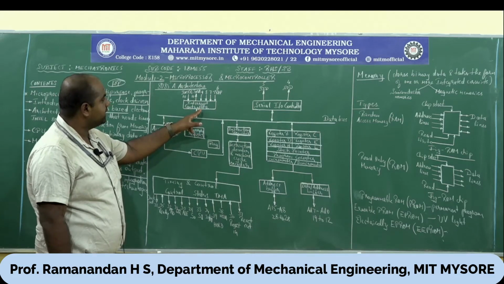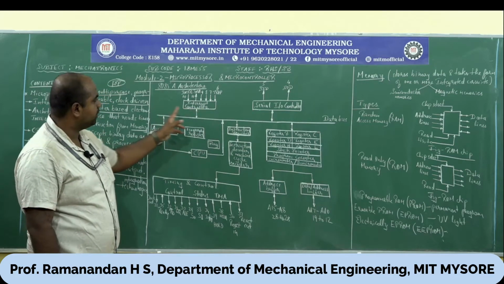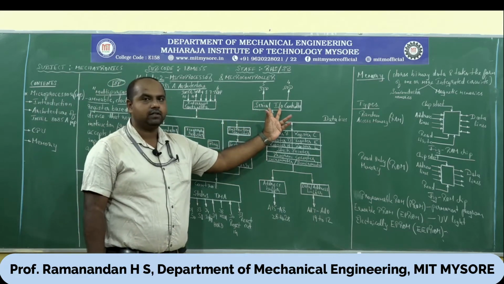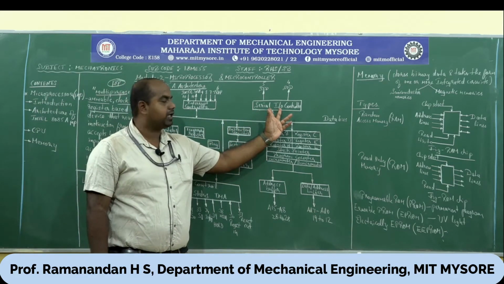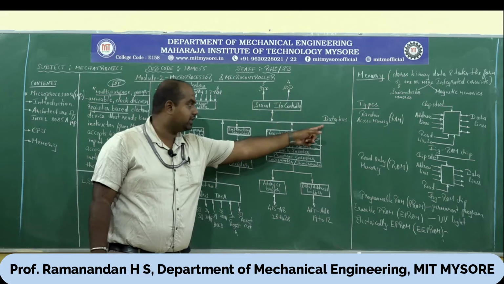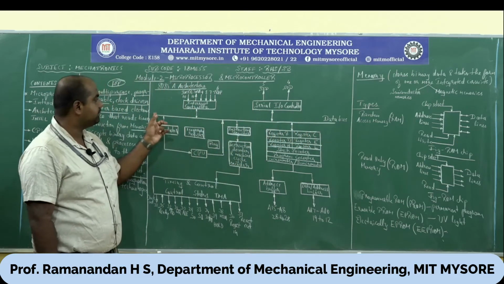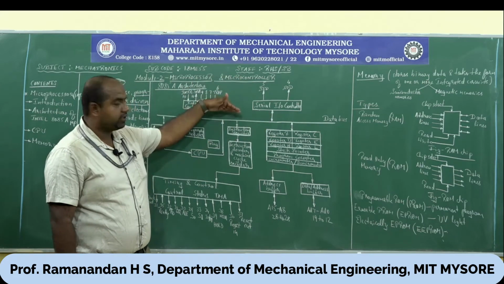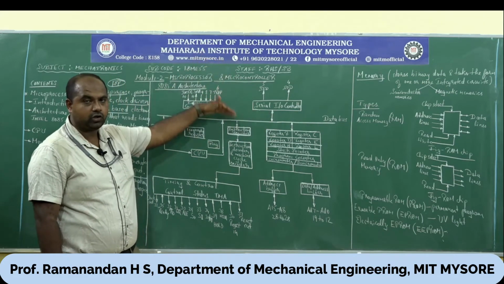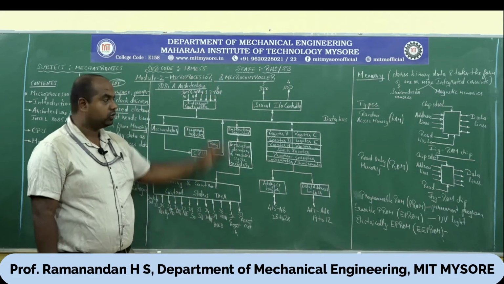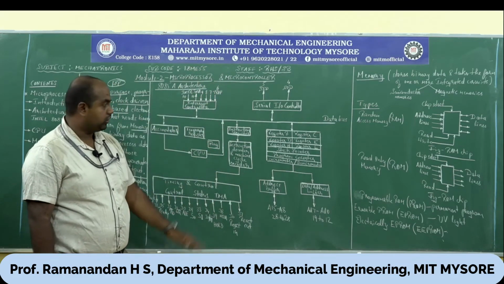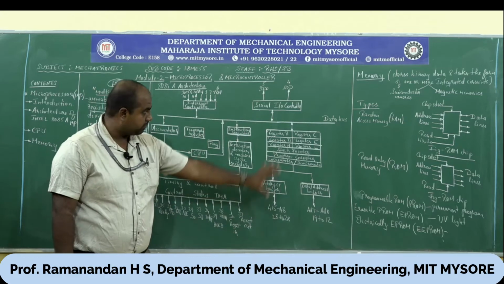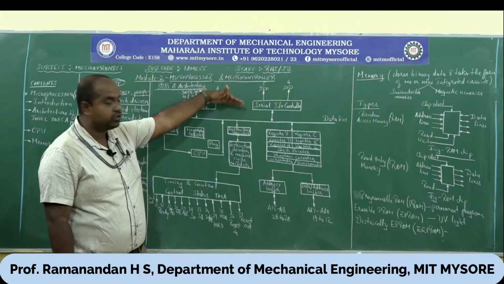This is something called the interrupt controller. This is the serial input and output controller. This line is called the data bus. You can see here that it is two-way. Once the instructor gives the instruction, you should always go from top to down, a top-down approach. This part is the entire microprocessor. The instructor has given you the instruction.